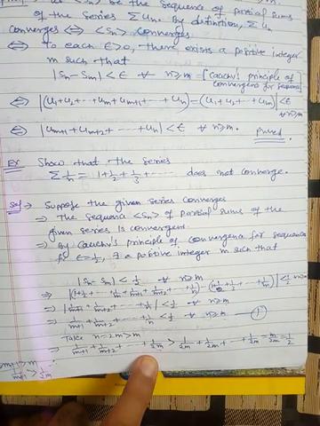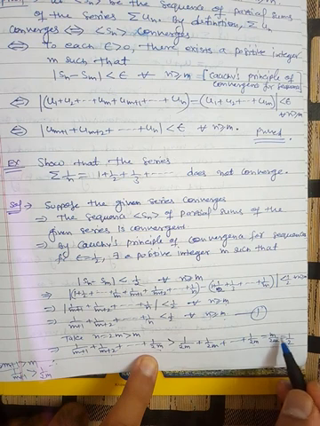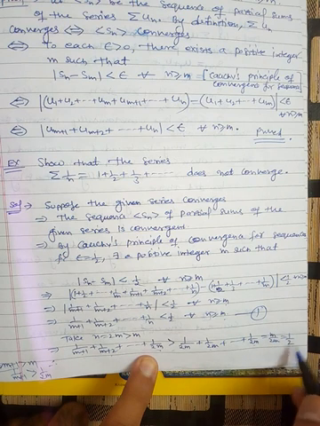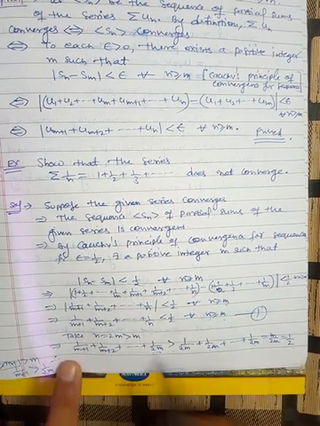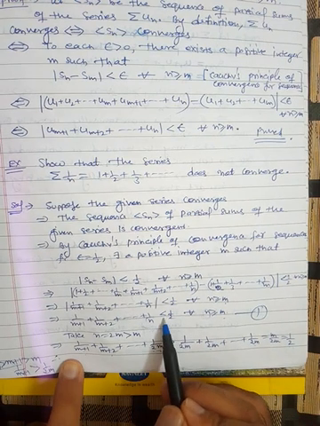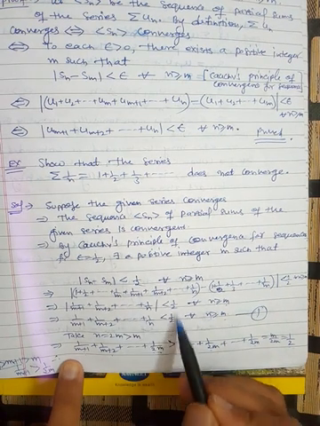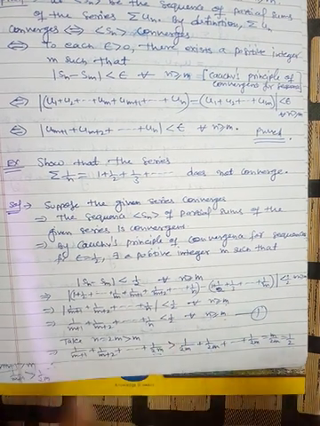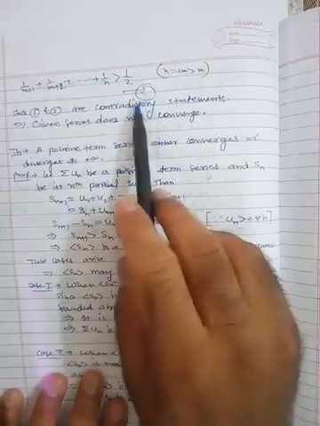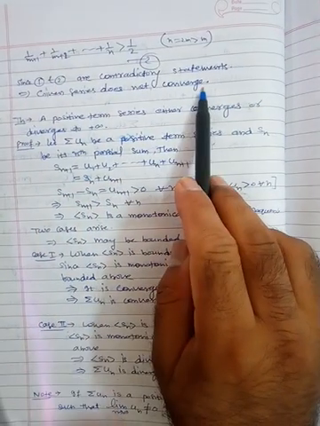So these are a total of m terms, so m by 2m. So m cancels out with m, and we get 1 by 2. So here this sum is greater than half. However, in equation number 1, this sum should be less than half. So they are contradicting each other, and hence our assumption is wrong. Our assumption is wrong, and the given series does not converge.